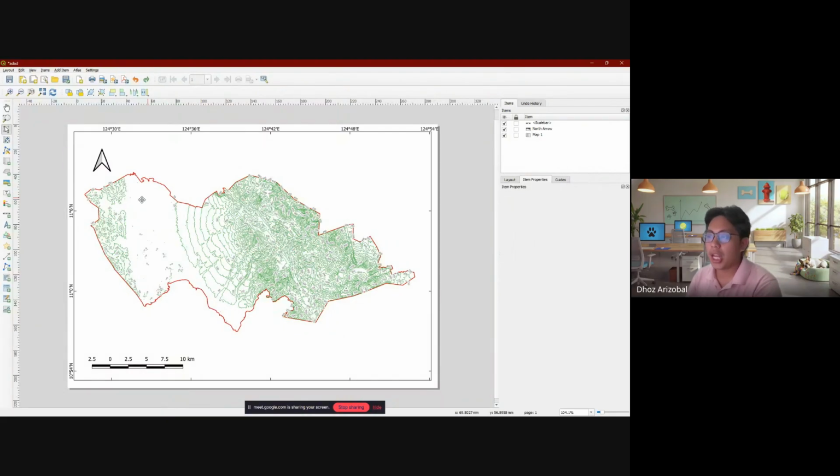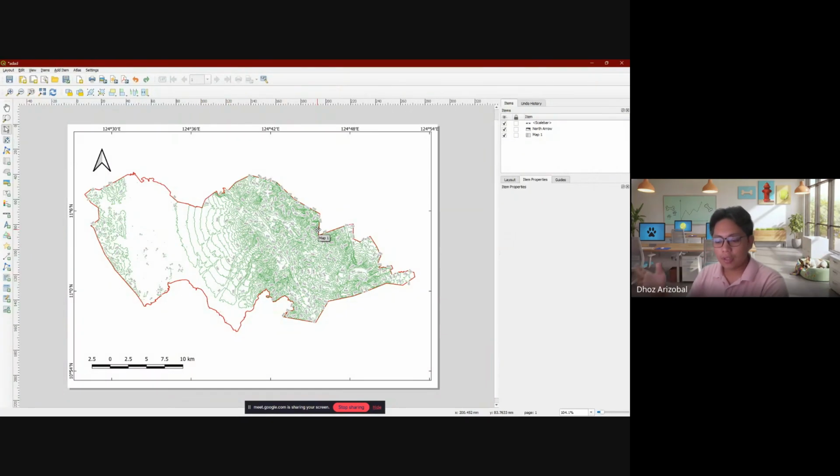Because let's say contour lines, dapat ba green ang contour line? I don't think so. I prefer it to be something like magandang contour line. Something red orange maybe so that it can see. So you can set the colors to be darker on the high elevations.